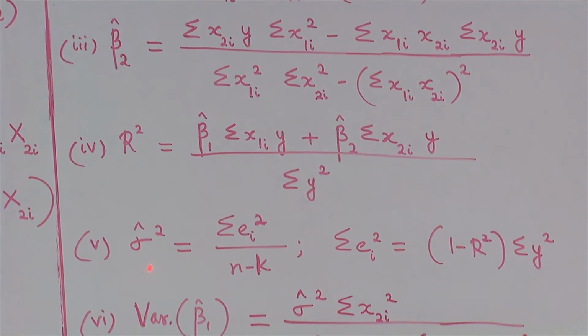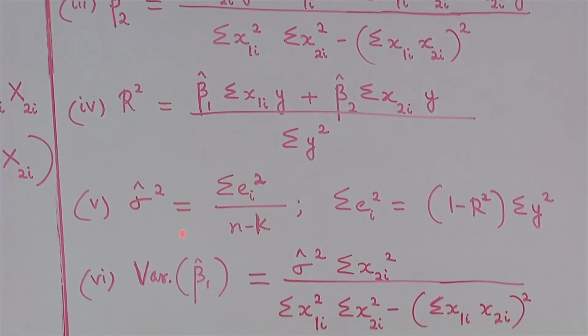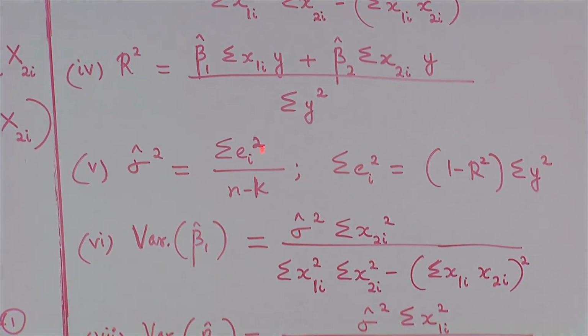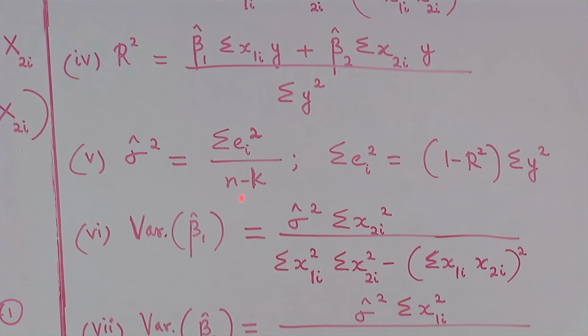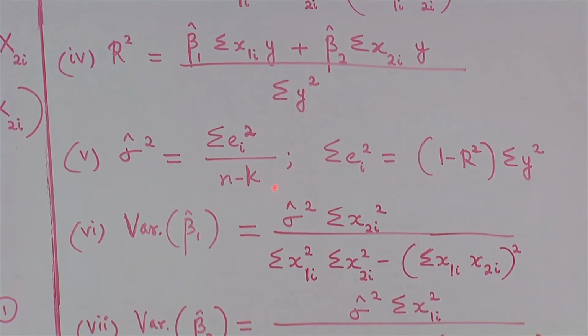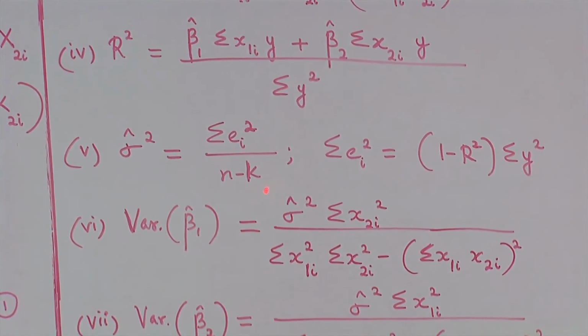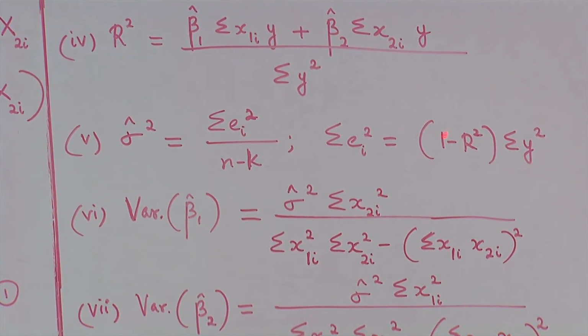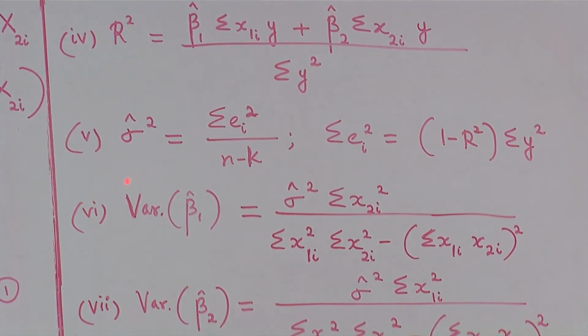The next is the variance, sigma hat square. So, here we have the residual error square, sigma ei square divided by n minus k. This n is the number of data given, while k is the number of variables. So, in this case there are 3 variables. The sigma small ei square formula is 1 minus R square into sigma small y square. So, we apply this whole thing here and find the variance.